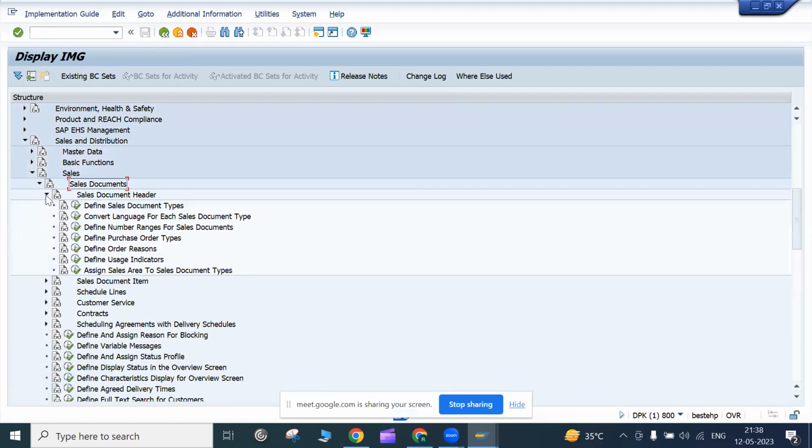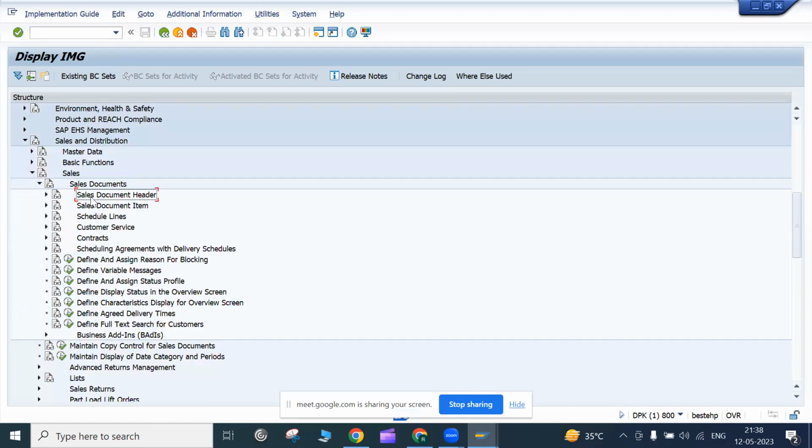So sales documents, then you have the sales header, item and schedule line. So a sales document is at three levels: header level, item level, and schedule line level. There are three levels. Now to create a new document, go to sales document, create sales document header,